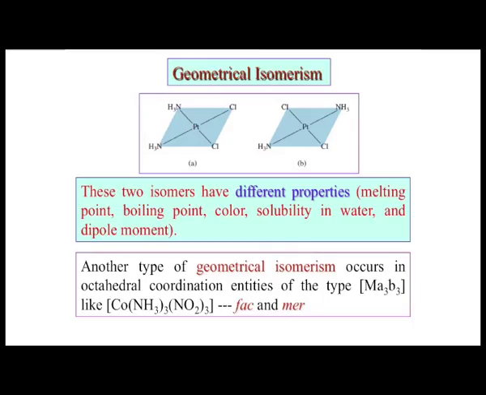Next comes geometrical isomerism, that is, how the geometry can control the corresponding isomerism for us. This geometrical isomerism tells us something we have seen earlier for platinum: 2 of the ammonia molecules are put on the left, at 90° apart, and 2 of them are in the trans position. So, we get the cisplatin or the transplatin molecules.